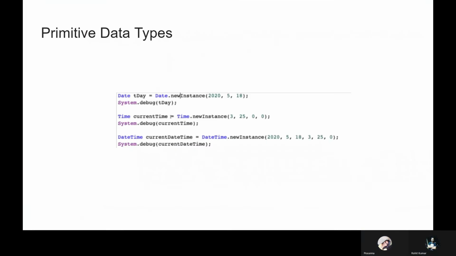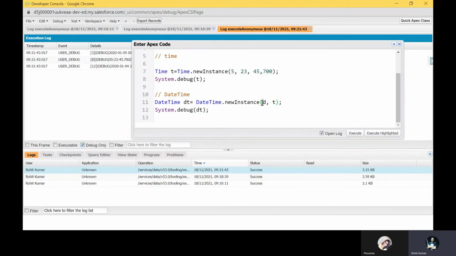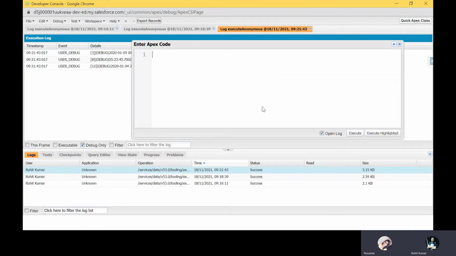And we can move on to other things like the string class. This is very important, though we could not discuss it right now. String class has lots of methods. We know the basics of string from the earlier session, but right now my intention is to learn all the methods under this string class.